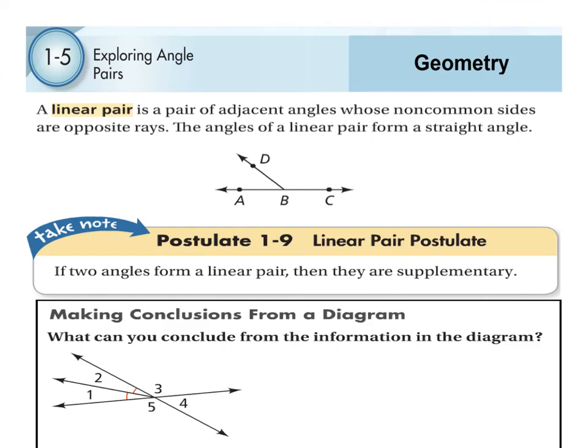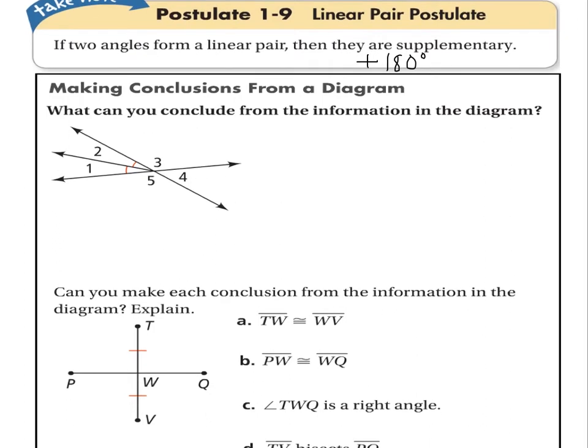Okay, so we talk about the next postulate here. It's what we call the linear pair postulate, and it says if two angles form a linear pair, they are supplementary. In other words, if two angles form a linear pair, they add up to be 180 degrees. So we're going to put that in there. They add up to be 180 degrees. Okay, so in this case, angle ABD plus angle DBC is going to equal 180 degrees, which is this left part plus right part is going to equal 180 because it's a straight line. Okay? All right,